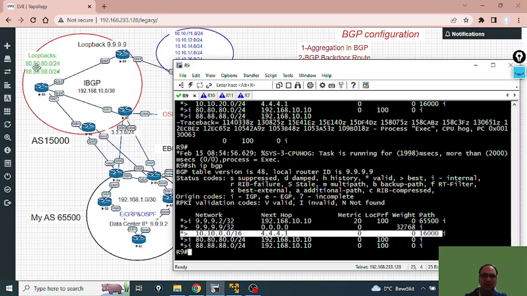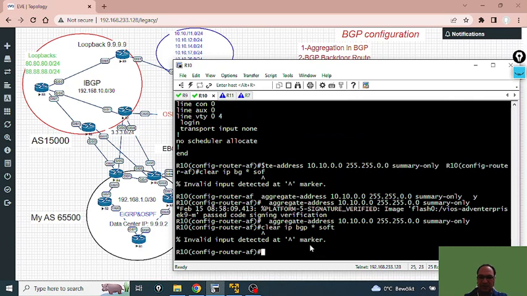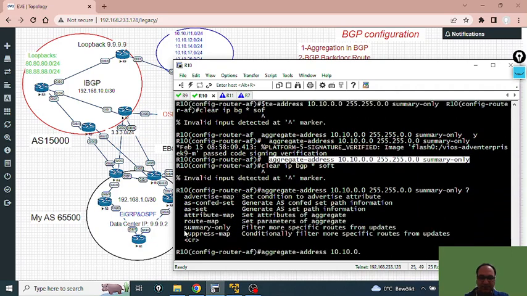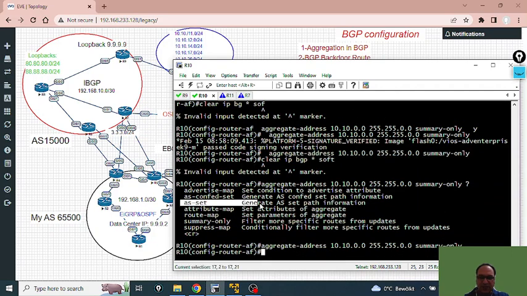Then in the routing, maybe some mistake happens. So we must care about this command. When we write this command and we do some aggregation, after these commands we must add a question mark, and you can see it shows that it does the summary, but shows the information of from which AS these routes come. So when I write these commands, I add AS set,